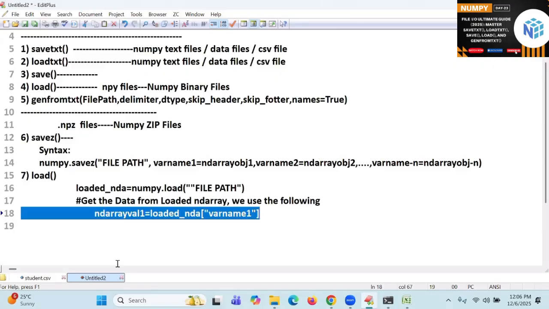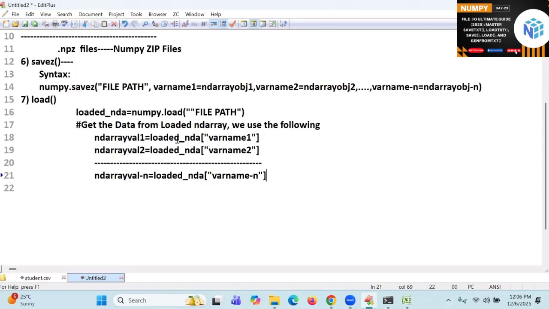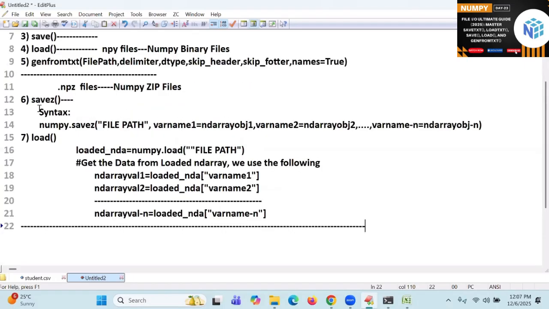If I show you an example, it will be easier for you to catch. This is called 2, and I will take it as variable name 2. Like that I am going to take it. This is called N, I am going to write it. Is it clear? So this is the loaded array, in the form of indexing. This is the function called load. Is it clear? Coming back to the point, this is a very, very important function.